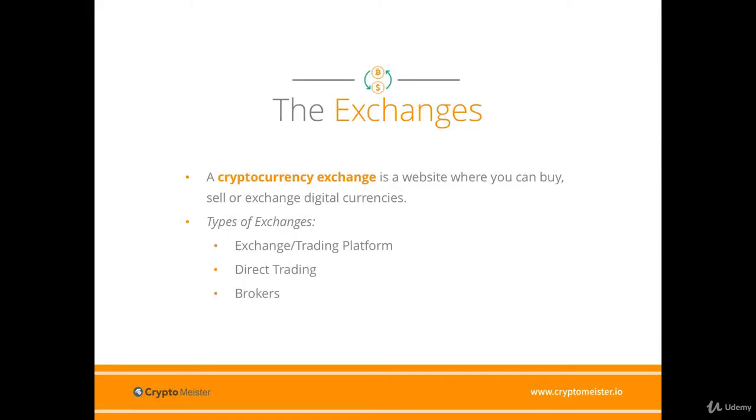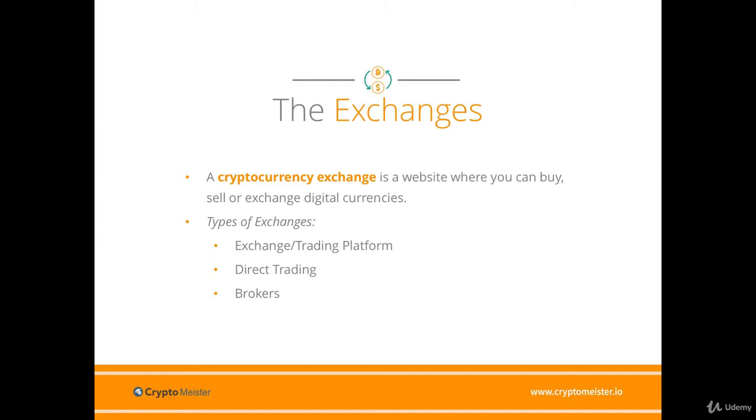A cryptocurrency exchange is a website where you can buy, sell or exchange digital currencies. You have the option of trading between different crypto coins or for traditional fiat money like US dollars. Everyone trades together regardless of their experience. As mentioned earlier, there are online sites that connect buyers and sellers. This type of exchange is like a traditional stock exchange. Traders make transactions based on the current cryptocurrency market price. The exchange acts as the intermediary and charges a fee for every transaction.